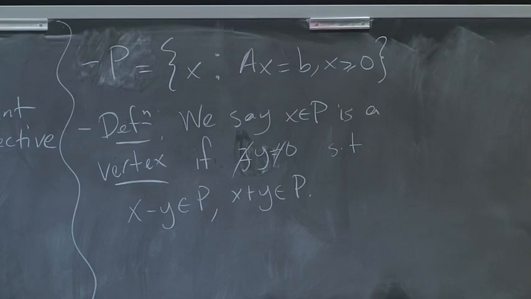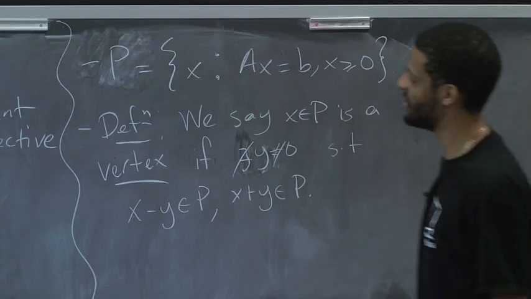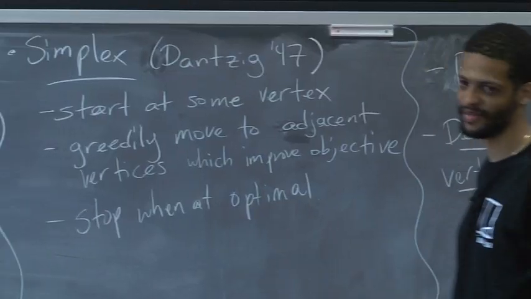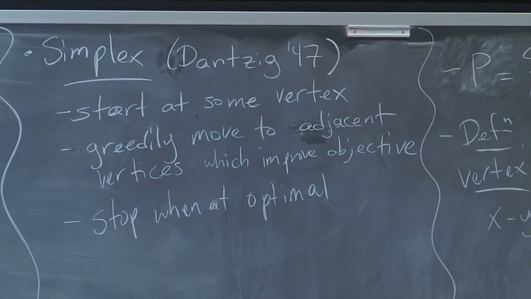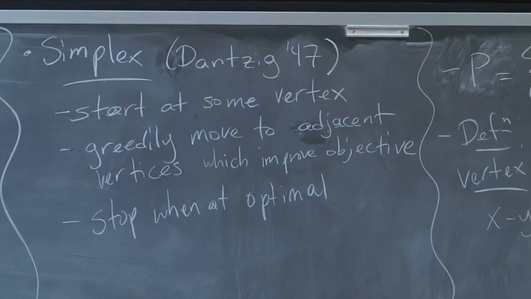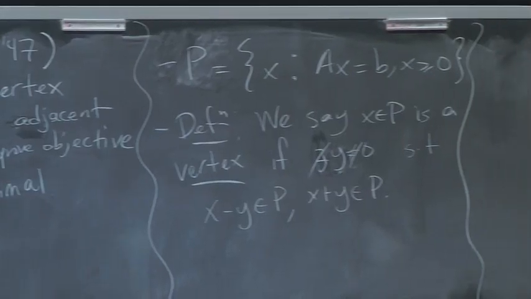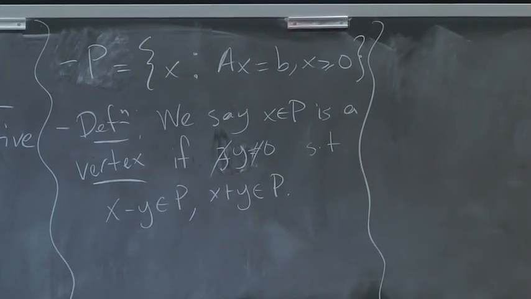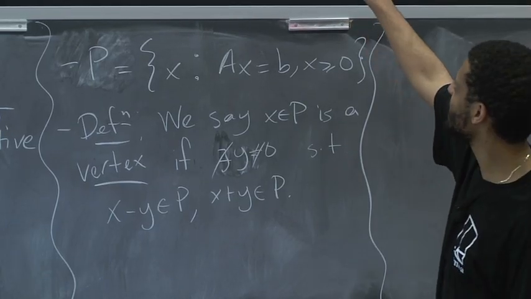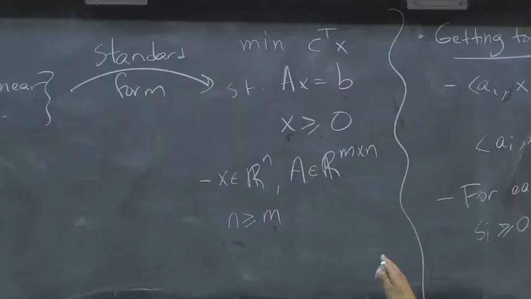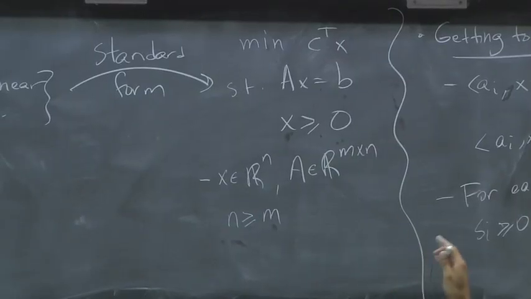Okay, good. So now I want to immediately tackle the first one. So start at some vertex. Now, how do we get the initial vertex? It's easy to confuse yourself on this one. I claim that feasibility, meaning checking that there is a solution to these constraints, forget about the objective function, just suppose you want to check that some x satisfies those constraints, is equivalent to actually solving the minimization problem, right?